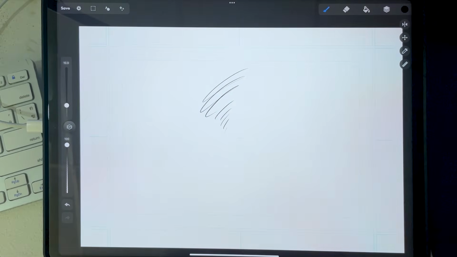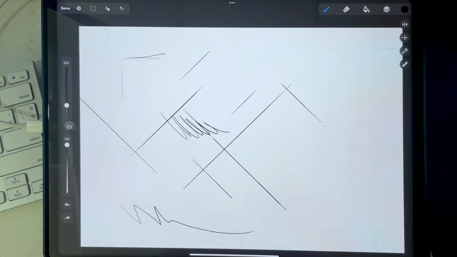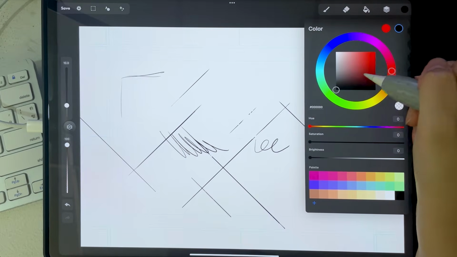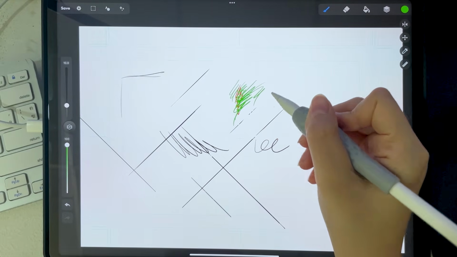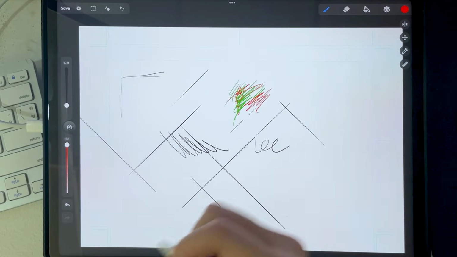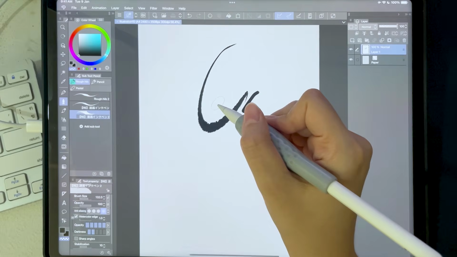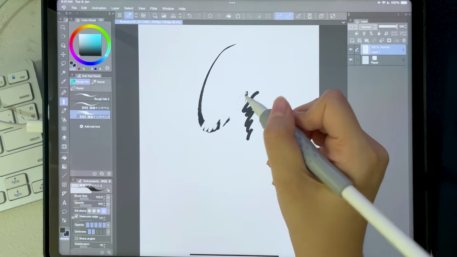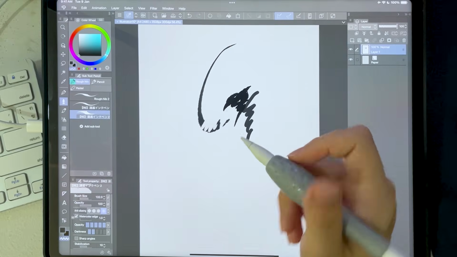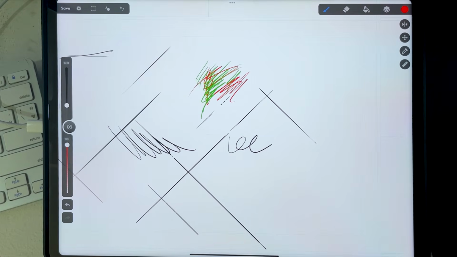So the UI layout, everything is very similar to Procreate. Undo redo buttons work. This app does have a foreground and background color. So I very much prefer being able to swap between two colors, but I also very much prefer this, which is swap to transparency to use the brush that you're using as an eraser, so I wouldn't have to go select the eraser. But all the other apps don't have this.